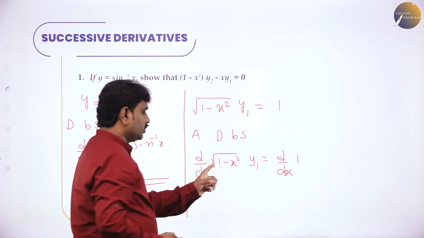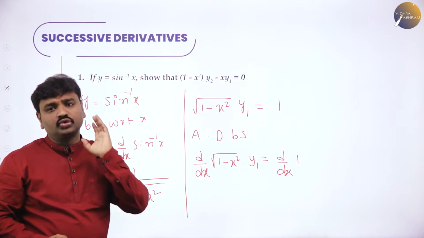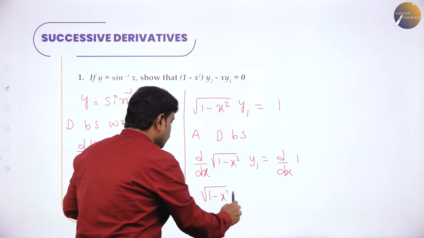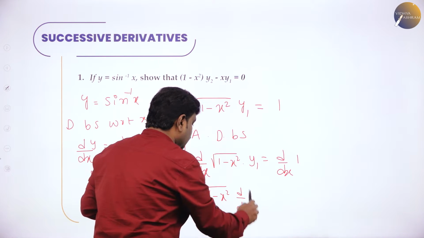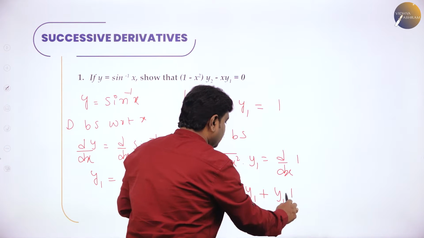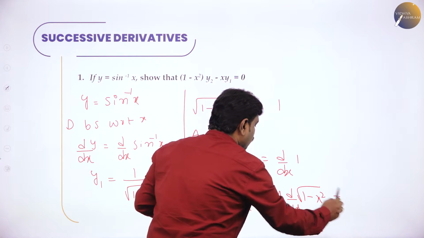All of you know this is a product of two functions. Whenever you have a product of two functions, you should use the product rule. So that is first function into derivative of second function, d by dx of y1, plus y1 into d by dx of the second function, that is root of 1 minus x square, is equal to d by dx of 1,